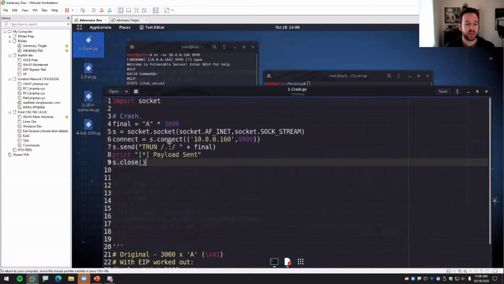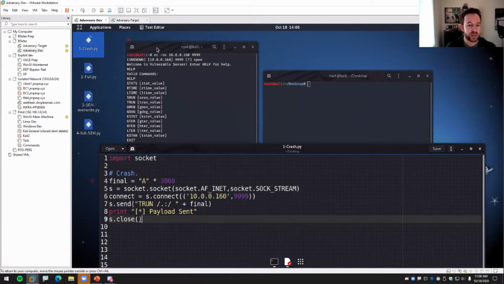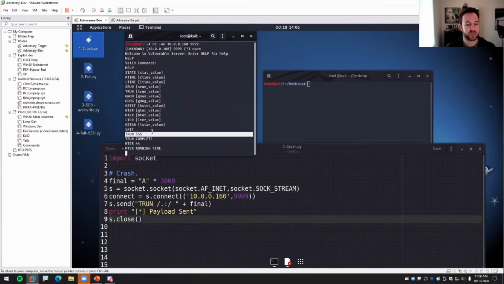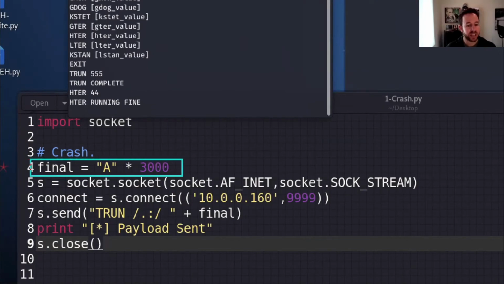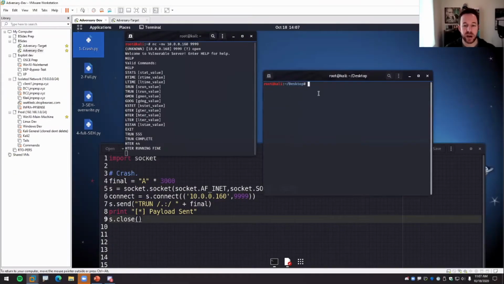We worked out that this TRUN command, we did a small example of TRUN here. We just typed TRUN 555, but just zooming in really quickly here, you can see instead what I figured out is that if I create a string that's just a ton of arbitrary bytes, I'm just going to send the letter A, and then I append that to the TRUN command and send it over to the server, that probably this will crash. And let's give that a go. So we'll say python crash. And what we'll probably find is that this will die, and that the application over here,